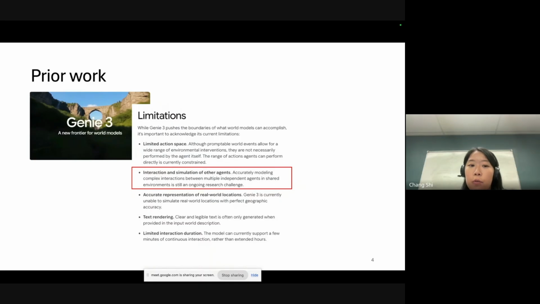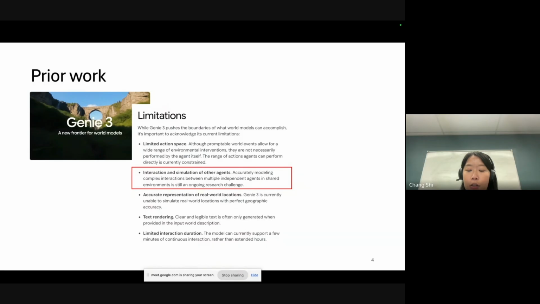But if you take a closer look at the interactions, you will soon realize there is still potential for improvement. They list their limitation: accurately modeling complex interaction between multiple independent agents is still an ongoing research, which means that currently most world models only work in a setting